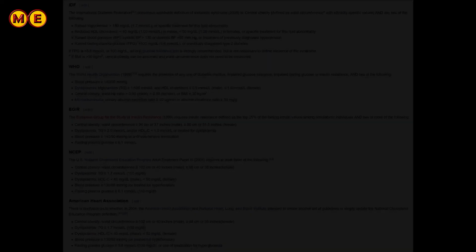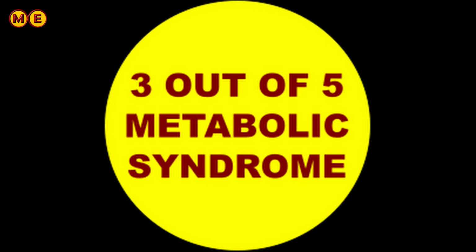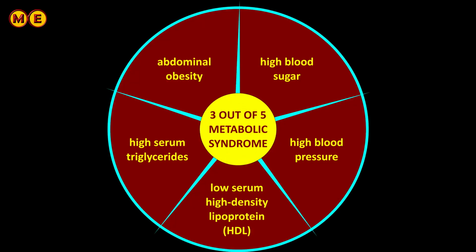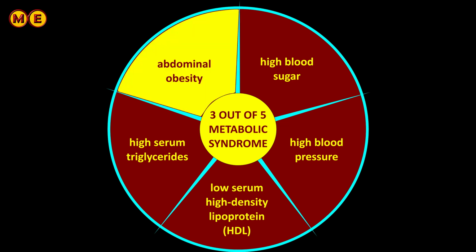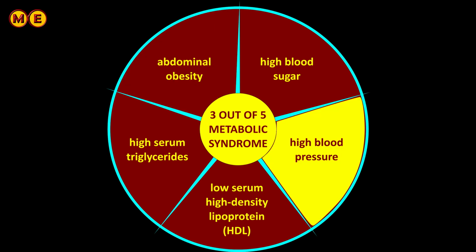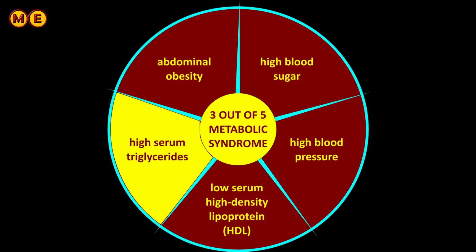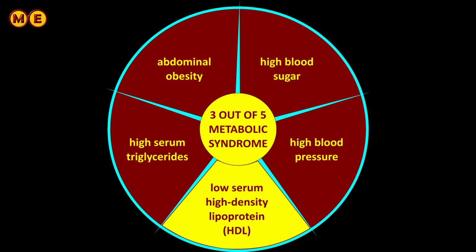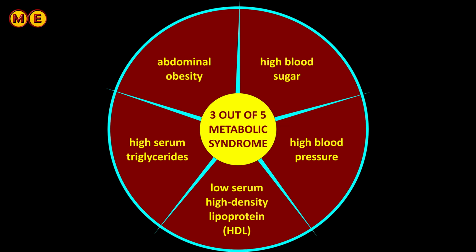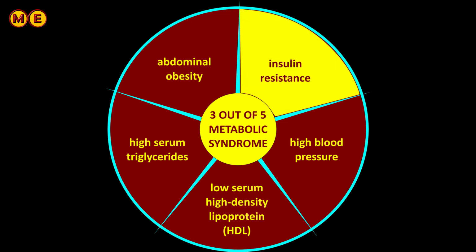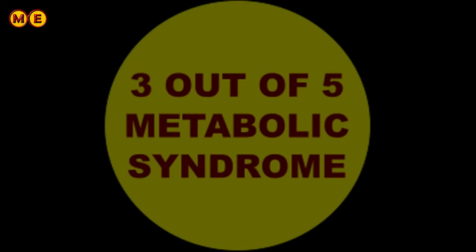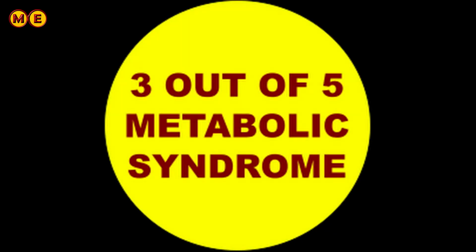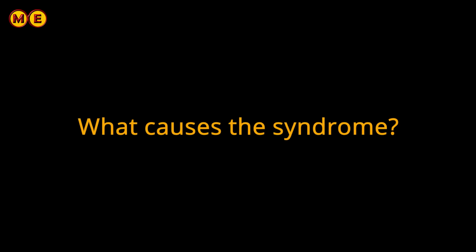To be diagnosed with metabolic syndrome, the patient must have at least 3 of the 5 symptoms that describe the syndrome. The most common definition includes the following 5 symptoms: obesity in the central part of the body, or just being overweight in some definitions, high blood pressure, high blood sugar, high levels of triglycerides, and low levels of high-density lipoprotein, the so-called good cholesterol. The main difference in the definitions is that in some of them, high blood sugar is replaced with insulin resistance. But either way, all the definitions state that to have metabolic syndrome, you must have at least 3 of the 5 symptoms. However, what they don't tell us is what causes the syndrome. And this is so